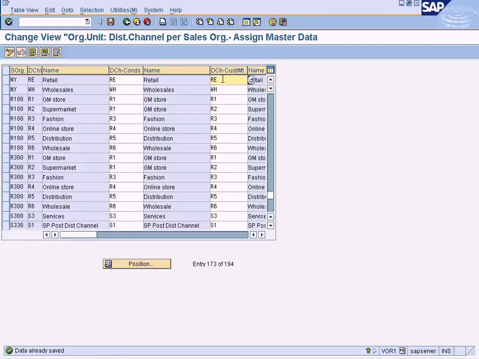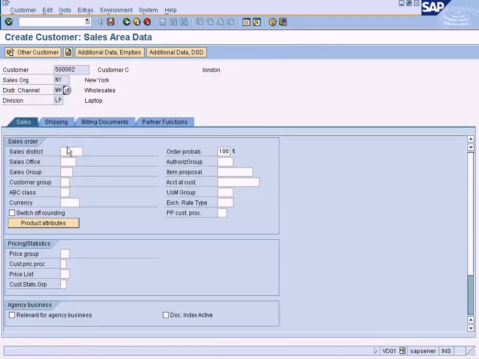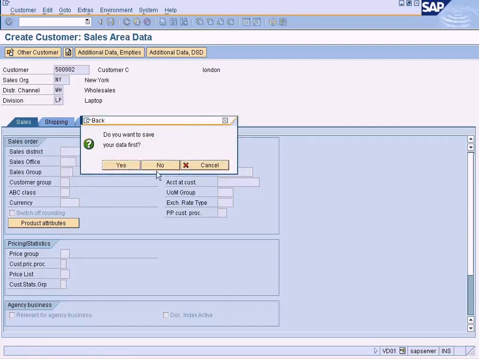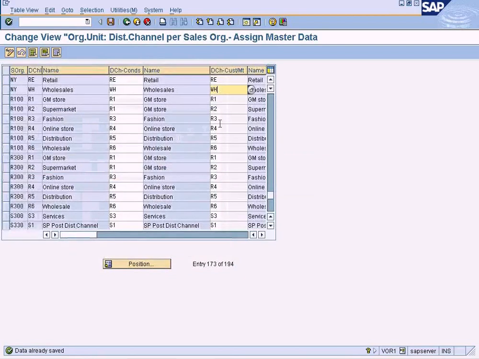So now I have specified that I don't want to copy from retail distribution channel section. I want to specify different data completely for wholesales distribution channel. So I can specify different data without copying from the data that I specified in the retail distribution channel. On the other hand, if I want to copy, this is what I have to do. I have to copy